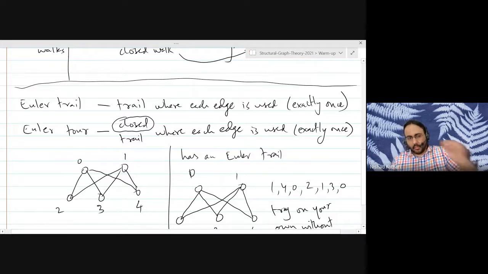One good way to remember or appreciate it is that if a graph has an Euler trail, then you can draw all the edges in a single stroke, without lifting the pen and without ever repeating on the same edge. This is if and only if. And for an Euler tour, it just means that your pencil will start at the same point and end at the same point.